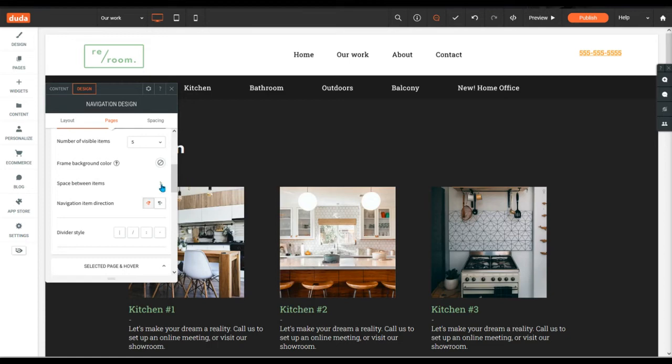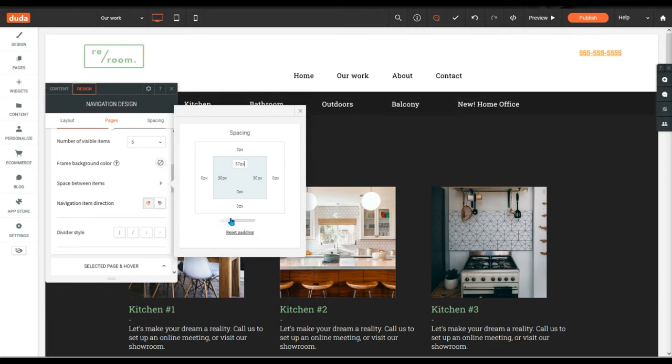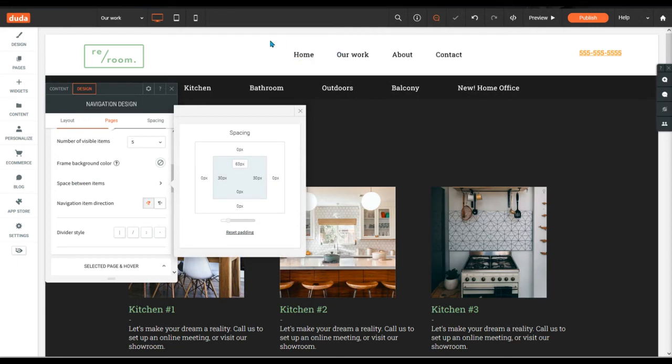Then you can adjust the space between items. So this is between each item here. Now this is between the top of our menu, because what this is doing is, we have a box around our navigation, and this is adding space between the item in the navigation and the top of that box. Now we can add even more spacing here, but that won't really pull much down because we're at the very top of the page. But we can also add space between the bottom of our menu